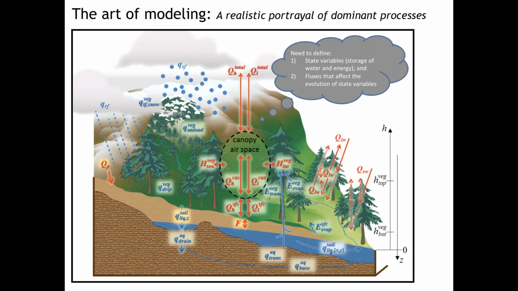Okay, so within the picture, once we have a conceptual idea, and a picture really is a conceptual model, we need to define our state variables. So this is our storage of water and energy. You can think about this from your basic fluid mechanics or intro physics classes, where we're applying basic conservation of mass, conservation of energy, conservation of momentum. These all affect our state variables. And then we need the fluxes into and out of what we're conserving that affect the evolution of those state variables.